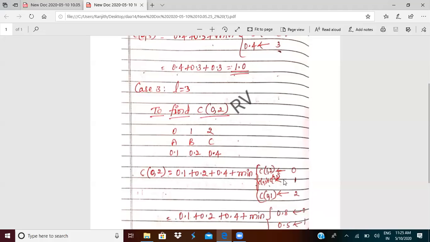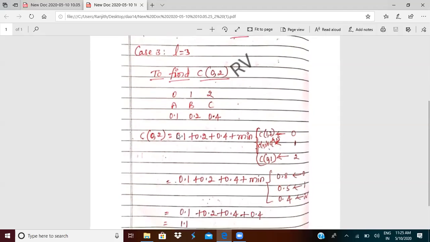Now I'll come to 1. So that is what I've written here, C of 1 comma 2. Now you close this 1. If I close this 1, I get one column on this side and one column on this side. So I'll take C of 0 comma 0 plus C of 2 comma 2. And when you close this 2 and check out this 0 and 1, I get C of 0 comma 1.